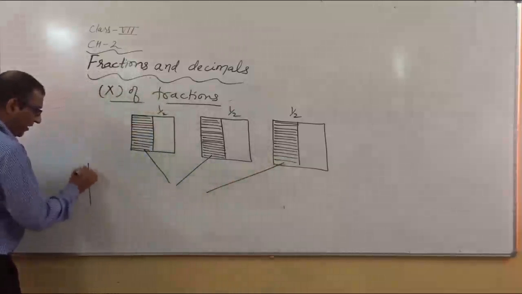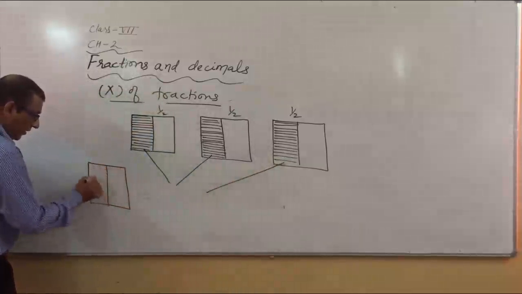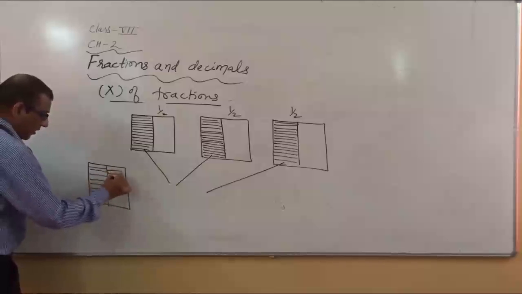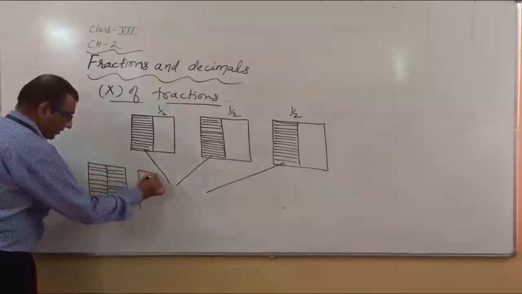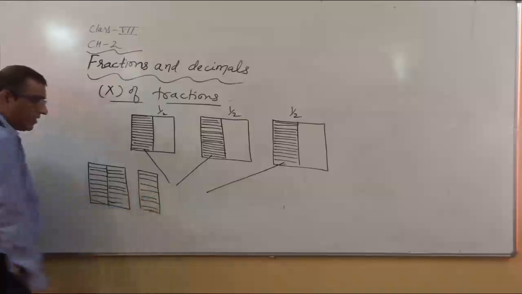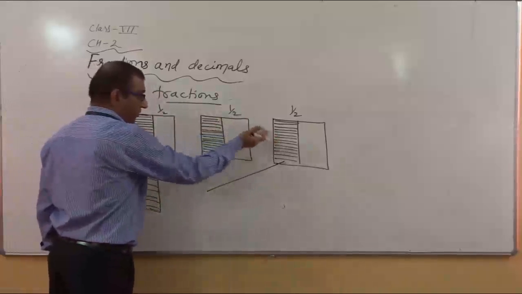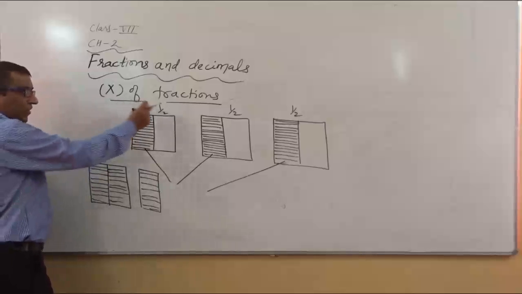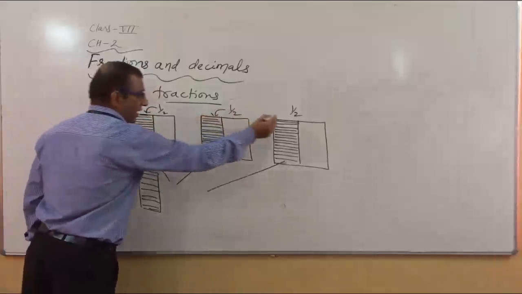The representation can be given by, we can say, all these parts. If we join these, it looks like this. One more part is there. If you are talking about only the shaded part, it looks like this. So this is your half portion, this is your half portion, this is a half portion. Why is it a half portion? Because total portions are 2 and out of which one is shaded. So we can say it is related with 1/2. All these parts are related. This is 1/2, this is also 1/2 and this is also 1/2.